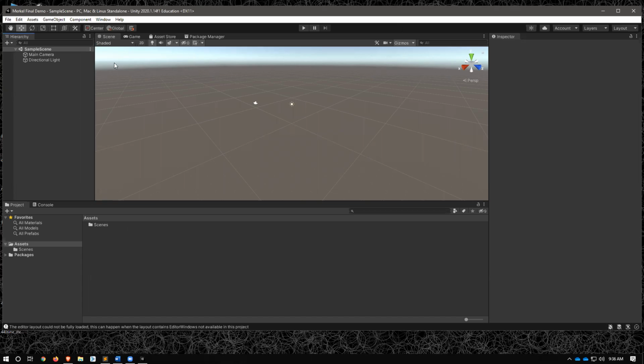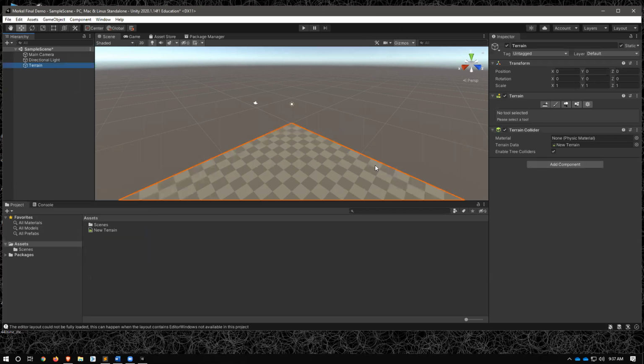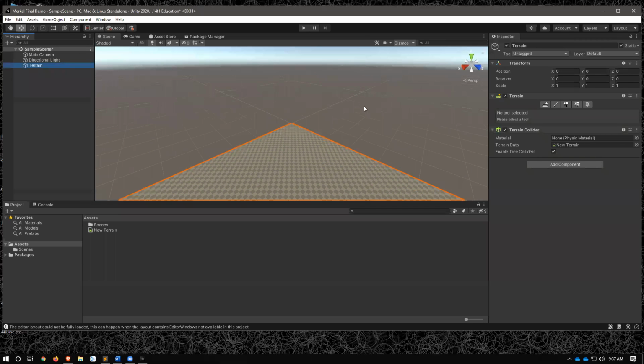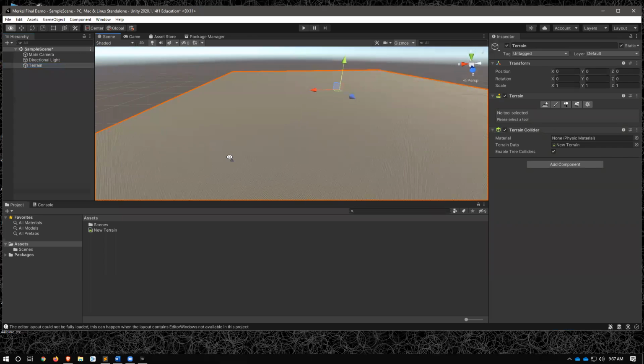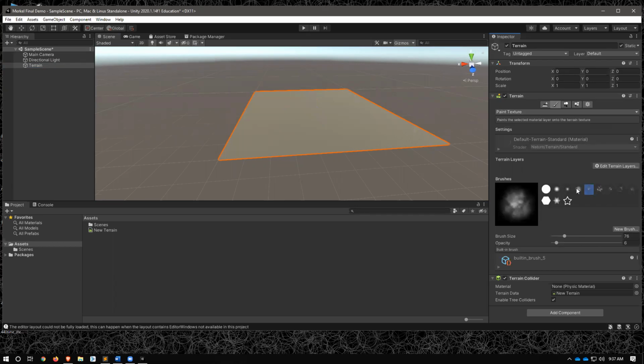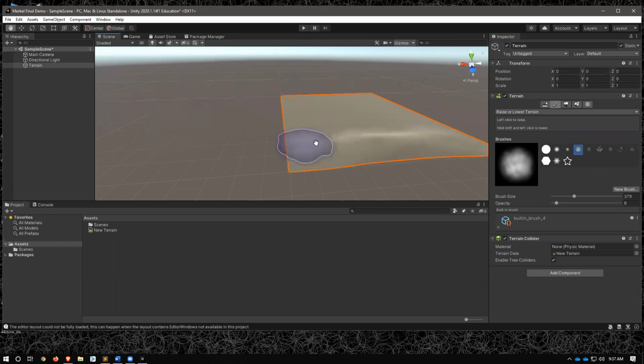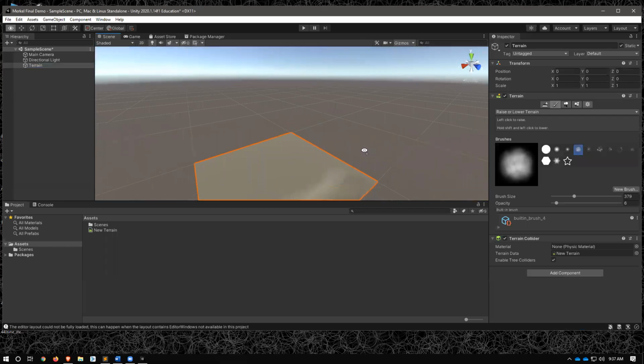So let's just create some terrain actually. So let's start with the terrain, and it's at 0, 0, 0, which is fine. I'm just going to create some super, super basic terrain with this thing. So I go over here. Let's create some height. Let's make it a little bit bigger. Oops, sorry, not paint texture. Raise or lower terrain. So I just want to create a super, super fast